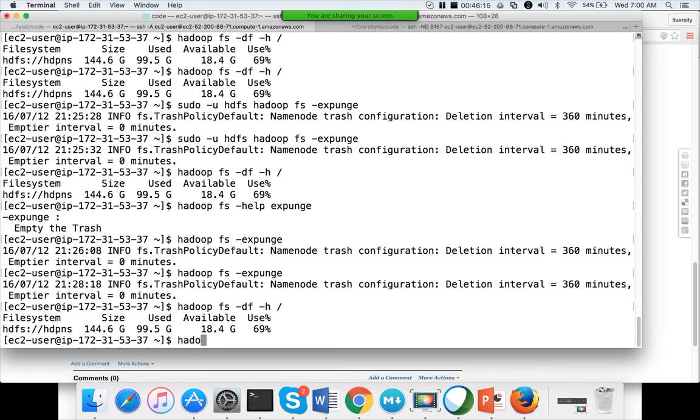Okay, hadoop fs -df. sudo -u hdfs, user ec2-user.